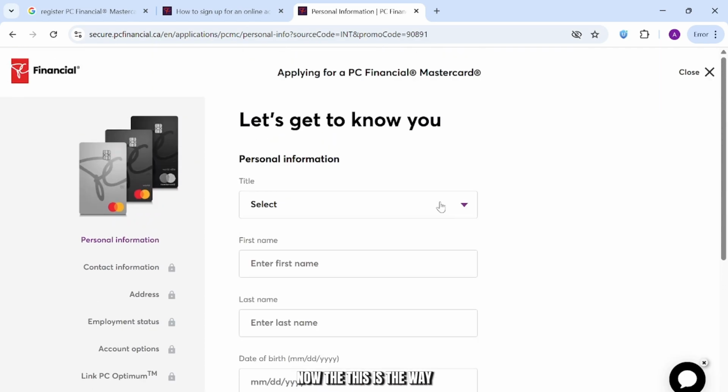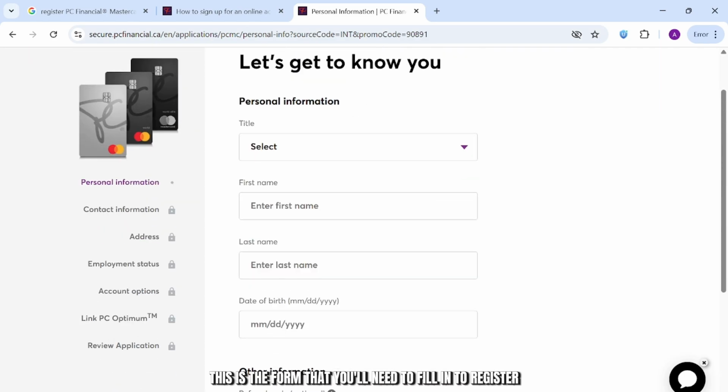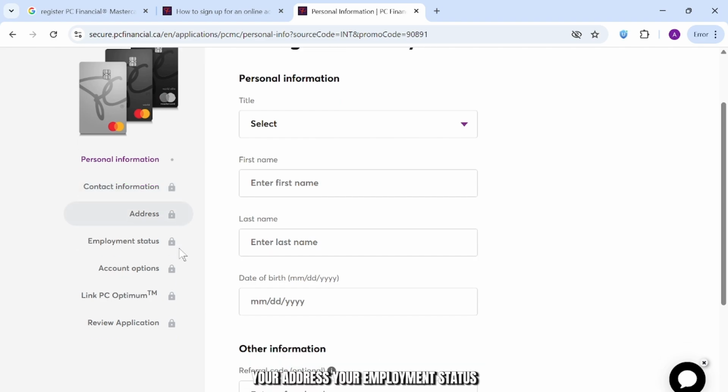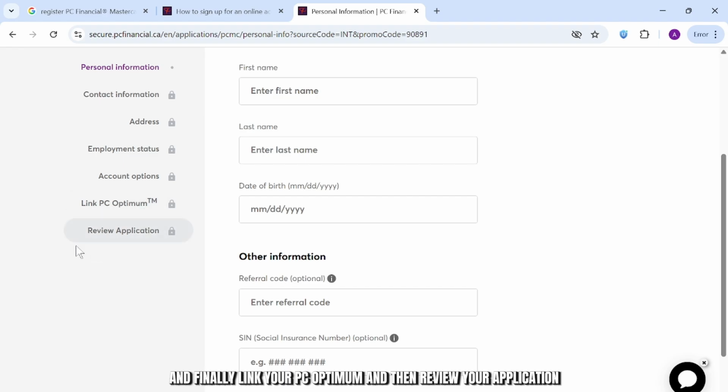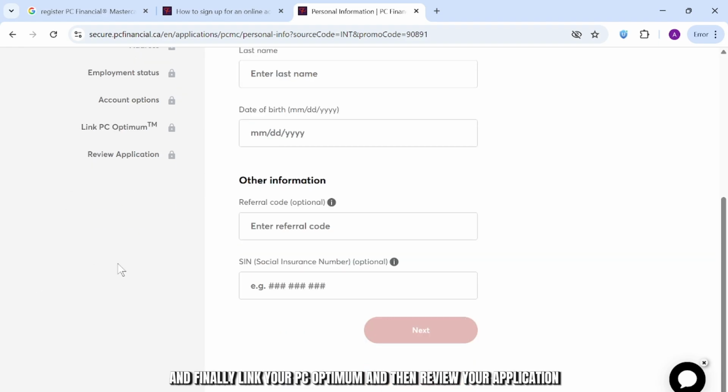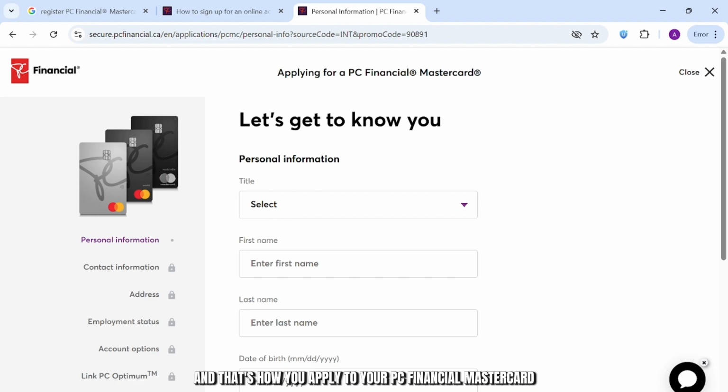Also, now this is the form that you'll need to fill in to register. So just go through this personal information, then your contact information, your address, your employment status, your account options, and finally link your PC Optimum and then review your application. And that's how you apply to your PC